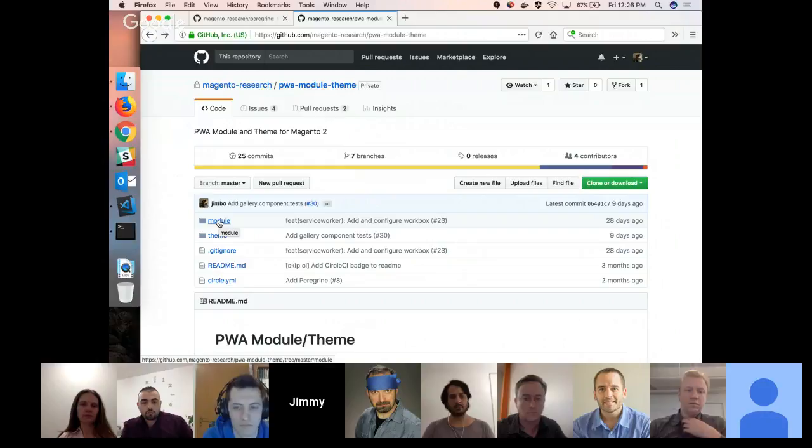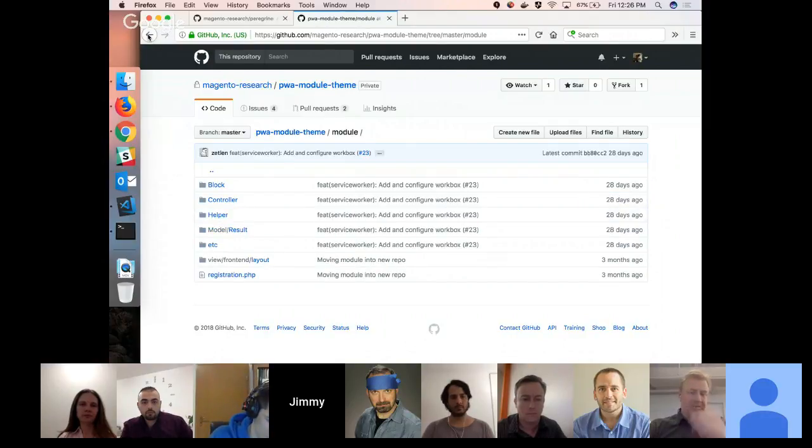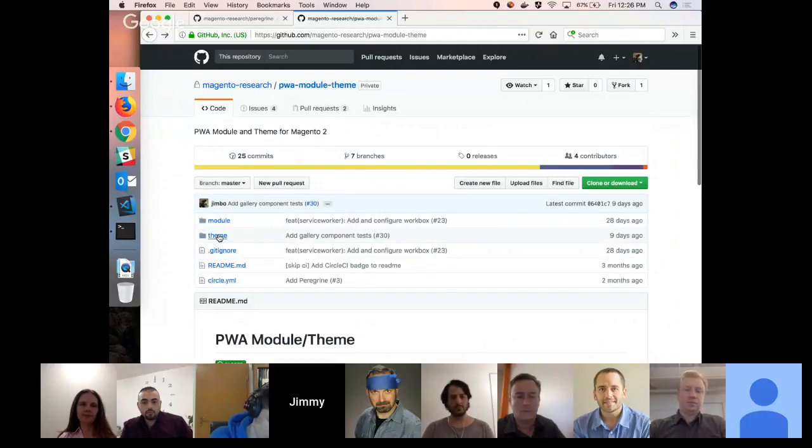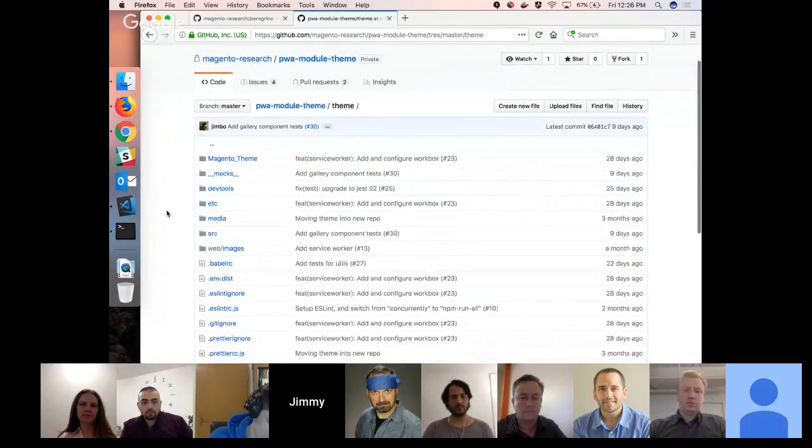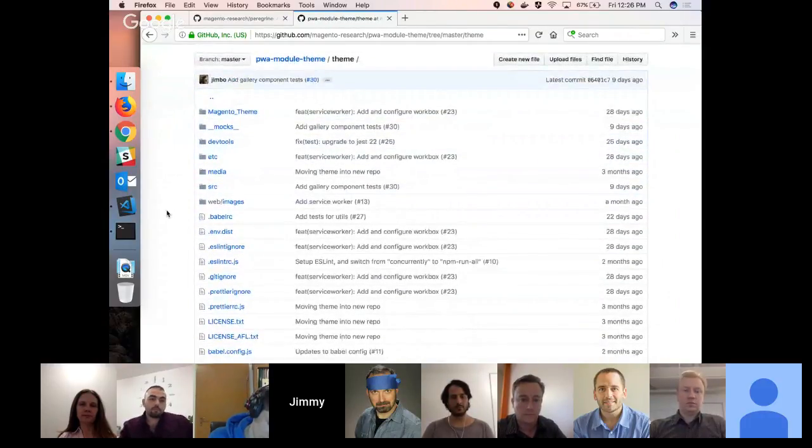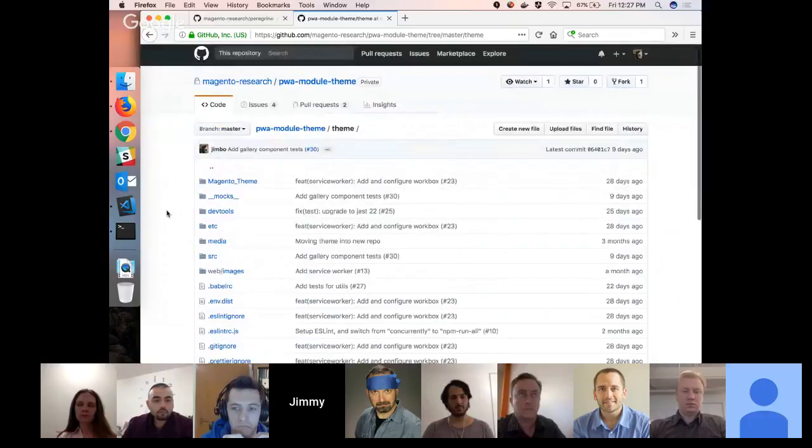This is a Magento module that's going to set up our routing and things like that. And so this is all stuff you'd be familiar with. And then it's going to have a theme. If any of you have done any sort of work integrating a framework like React with Magento, then this is going to be pretty familiar. It's basically taking standard React, standard modern JavaScript workflow and putting it inside of a theme. And so we'll get to take a look at what that looks like here.